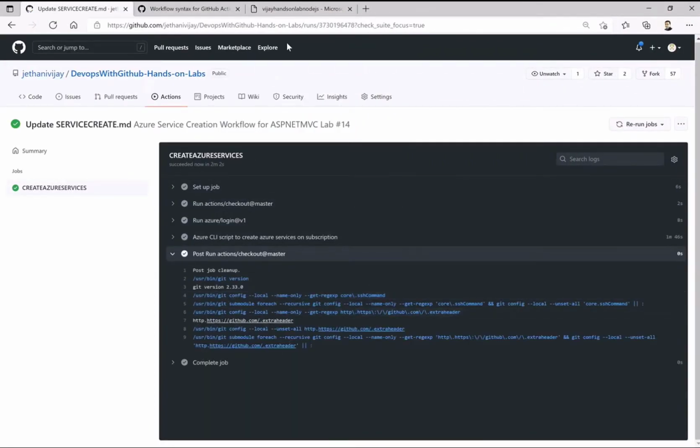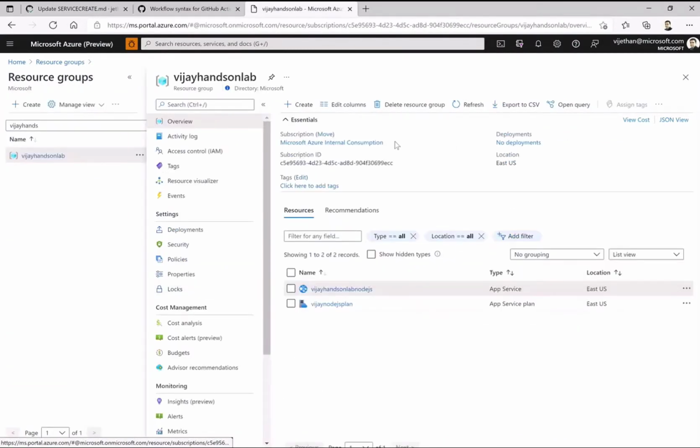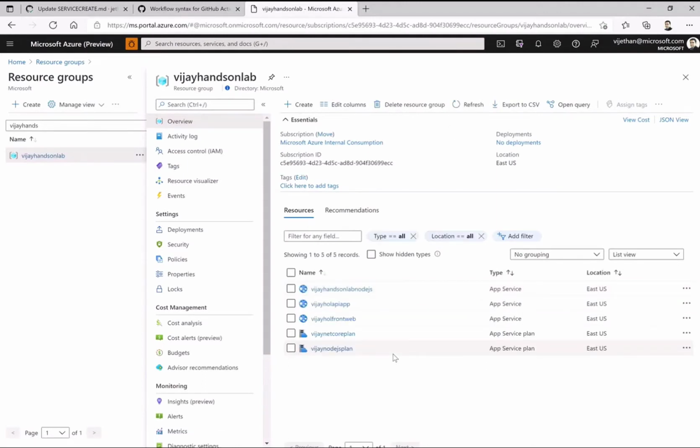Okay, so first of all, let us check whether this got created and my storage account is there and everything. So let me check that. Okay, so it has gone and created the app service plan for .NET Core, and it has a front end web and HOL API app. Okay, that's good. Where is the storage account?